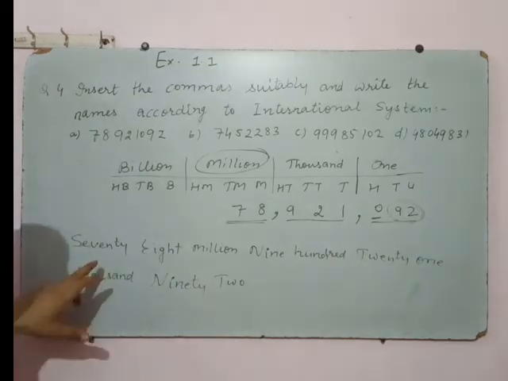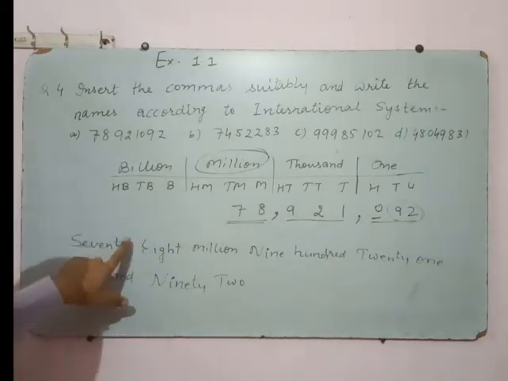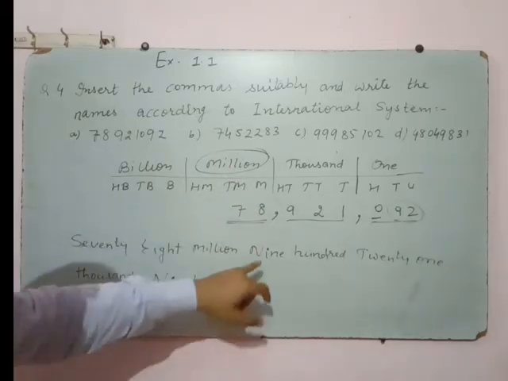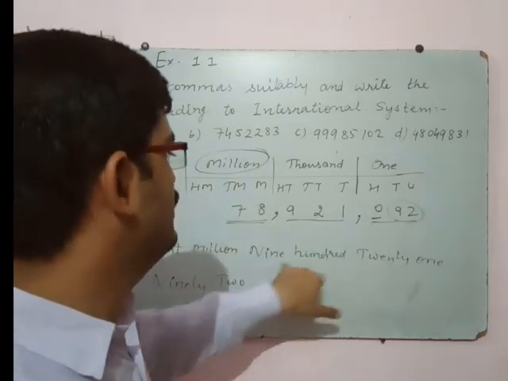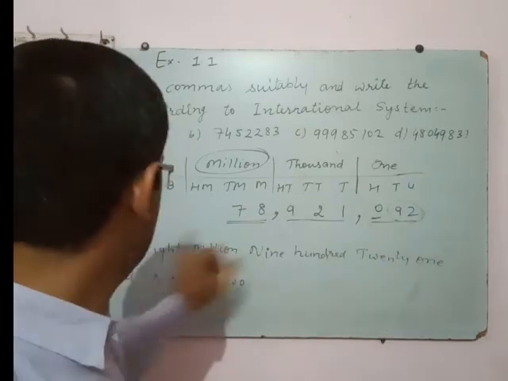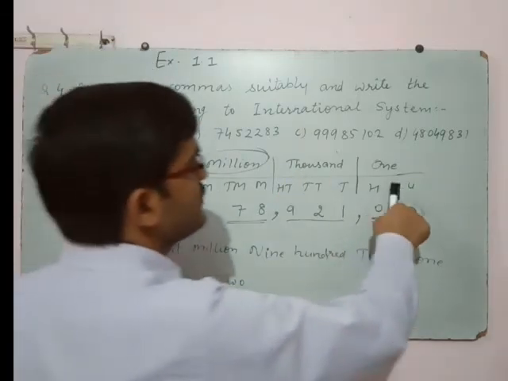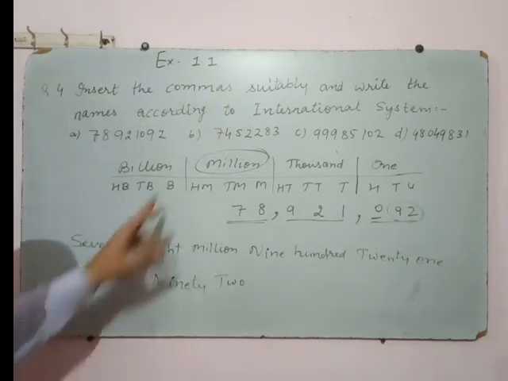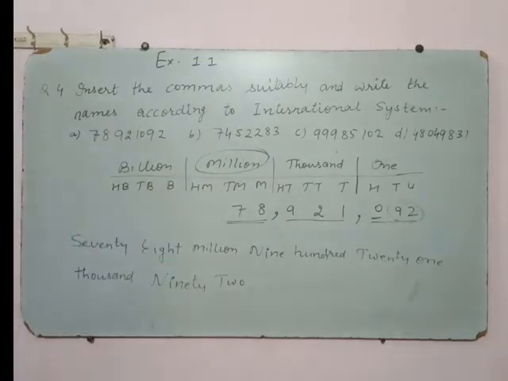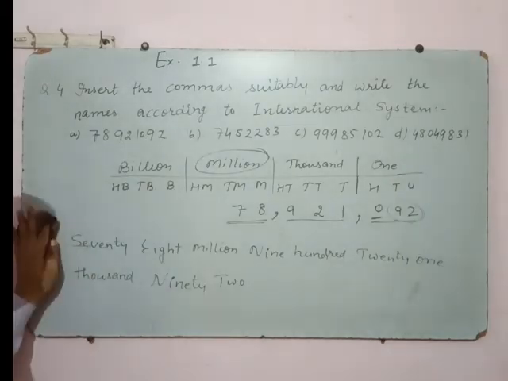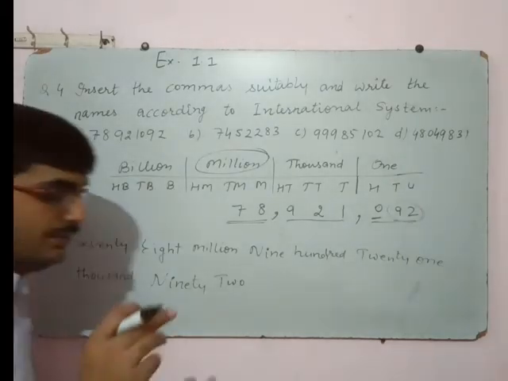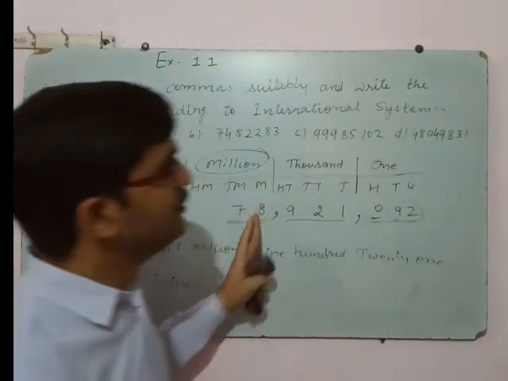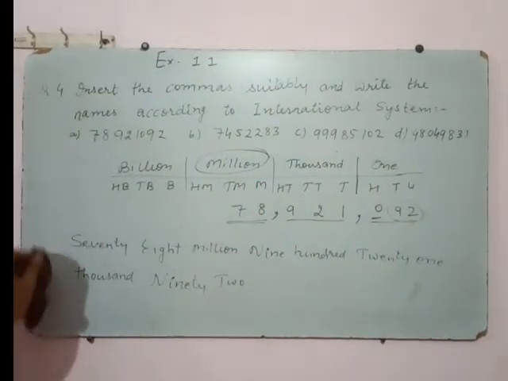This is our number name. 78 million, 921,000, and in one's place there is only 92, so we write 92. Okay, like this. Next question is, if you are feeling difficulty in writing the question or answer, you can pause the video and you can write it. Okay,